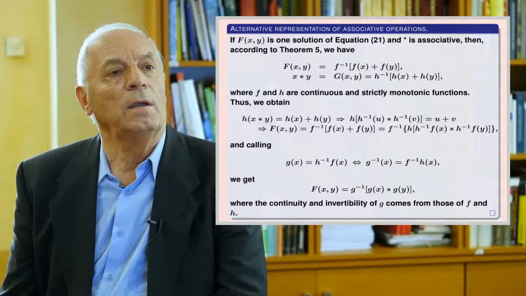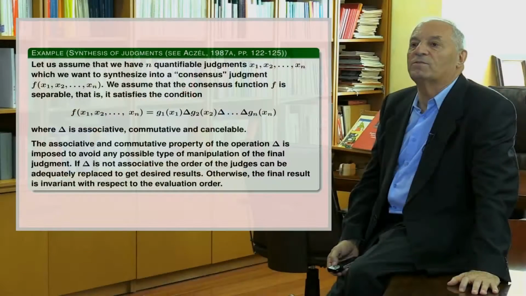In this transparency, we prove that the sum operation can in fact be replaced by any associative operation. With a little effort, the reader should be able to follow the proof. I recommend this to get the maximum benefit from it. Here, we present an example of application to solve a real problem.